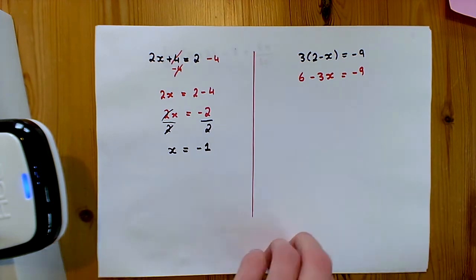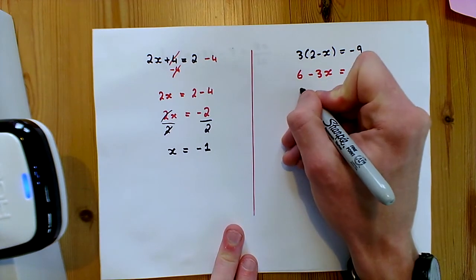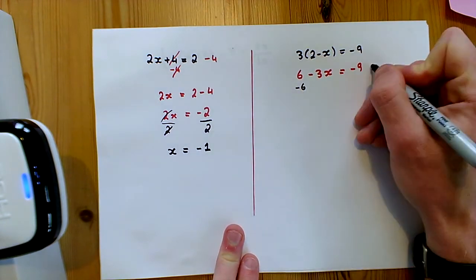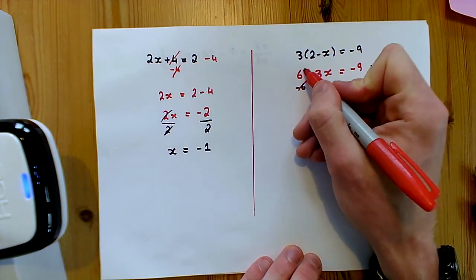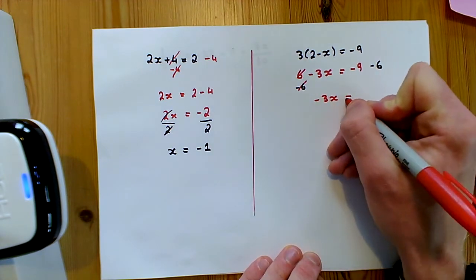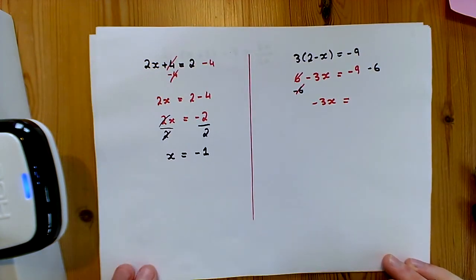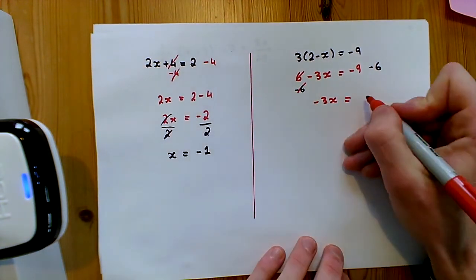Now let's make sure we can get our constants, or our numbers, all on one side. I have a plus 6 here, so what I'm going to do is subtract 6 from both sides. In other words, move it across the equal sign and change its sign. Those two cancel. That leaves me with minus 3x is equal to minus 9, take away another 6. That leaves me with minus